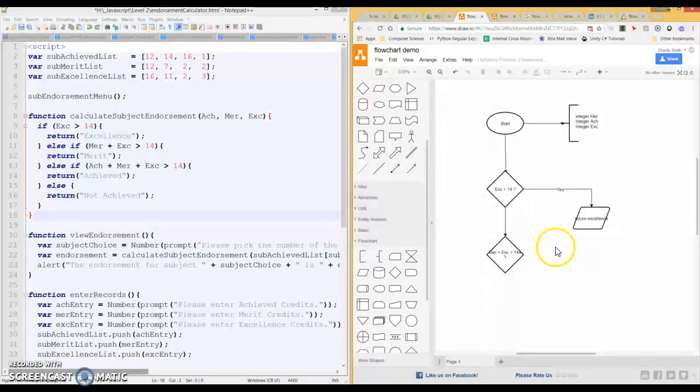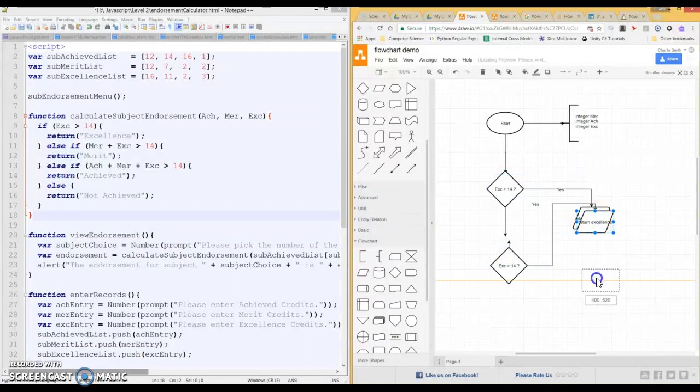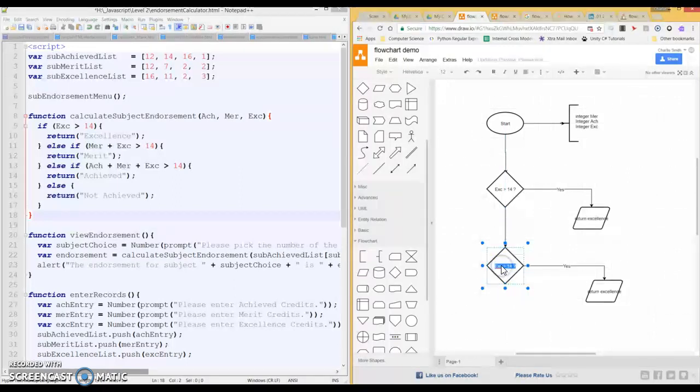In fact, quite often you can do a bit of copy and paste, and I wonder if I could get away with that here right now. Let's just try it. If I take this whole section, Control C, Control V, oh yeah, that's nice. So then can I pick the whole lot up? Everyone hates working with this kind of stuff, but yeah. So I can now get rid of that line, join that line to here, and this one I'm going to modify as excellence plus merit greater than 14, and that's going to return,